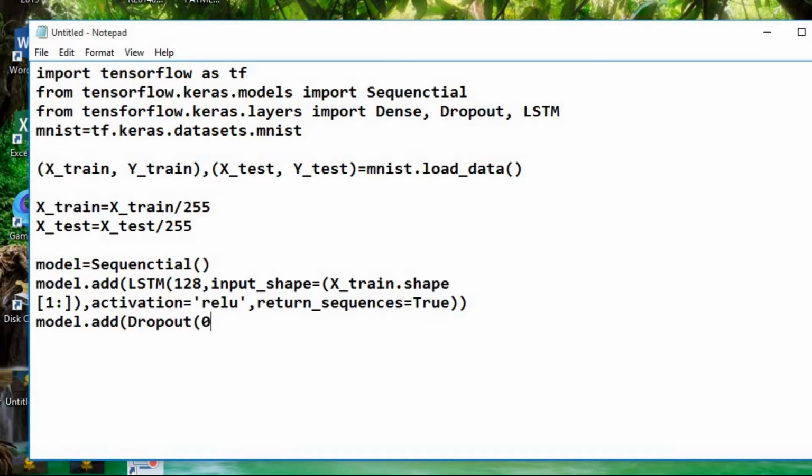A dropout layer is always used to forget something from whatever has been trained, so overfitting scenarios are avoided using dropout layers. Next, one more LSTM layer we are adding along with ReLU as an activation function. Next, again we are going to drop out some part.